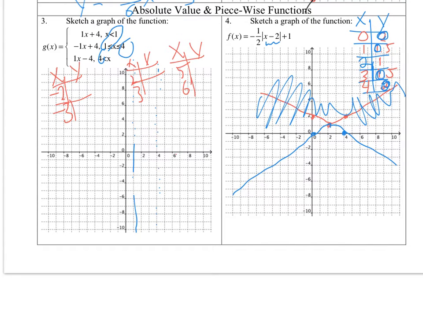Okay, first one first, I'll do in, let's go green, because I haven't used green yet. I'm using the first equation because we are less than 1 when we're plugging in. Negative 2 plus 4 is going to be 2. So negative 2 comma 2. Okay, and then I plug negative 3 in. Negative 3 plus 4 is going to be